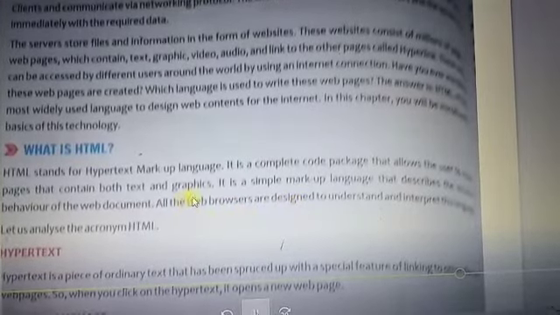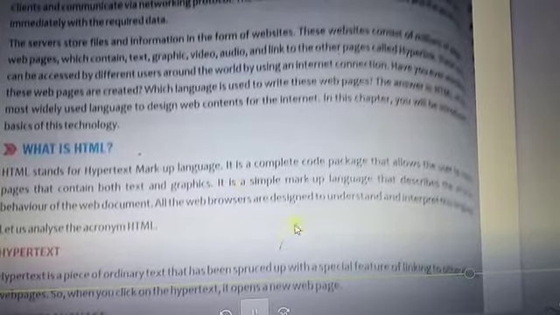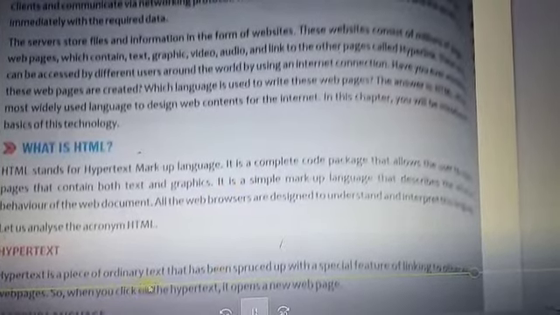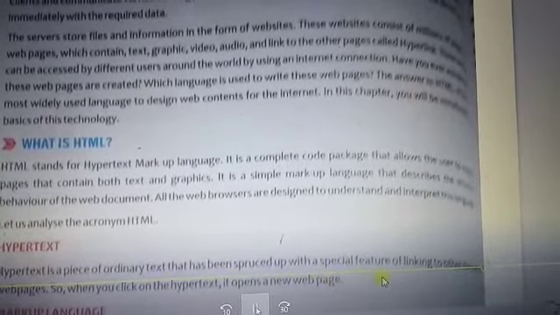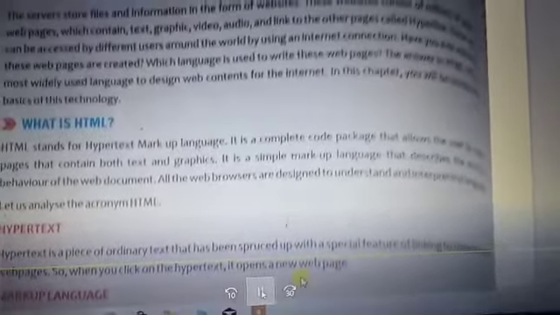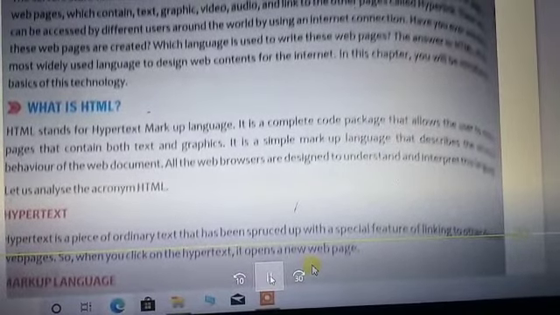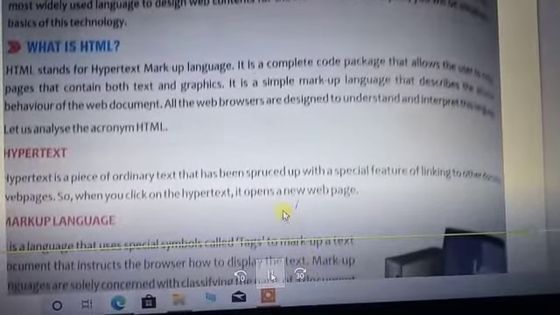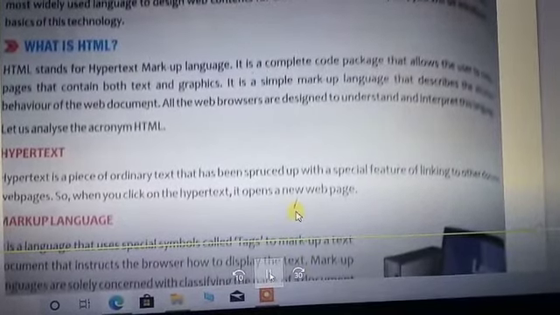At first, the HTML full form is Hypertext Markup Language. Hypertext is a special piece of ordinary text which is endowed with the special feature of linking to another document or web page. So when we click on the hypertext, it opens a web page. That means the hypertext is ordinary text, but it can be linked.